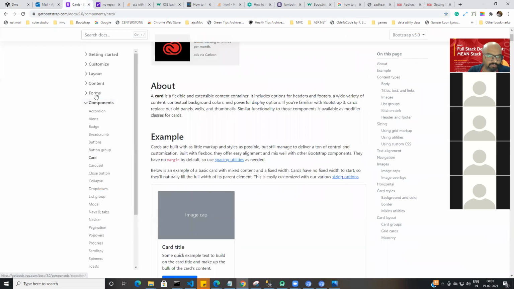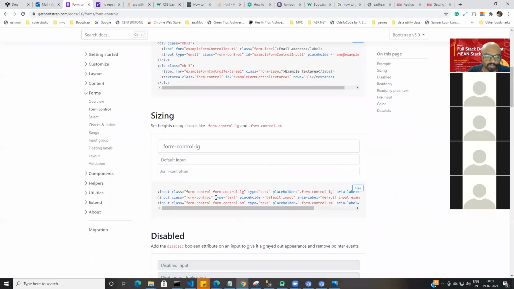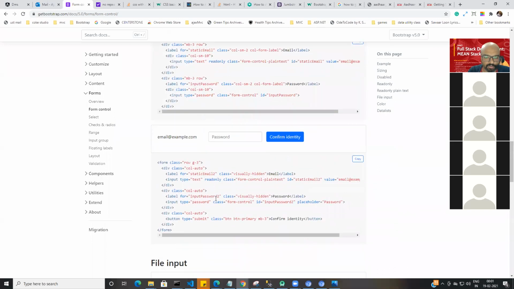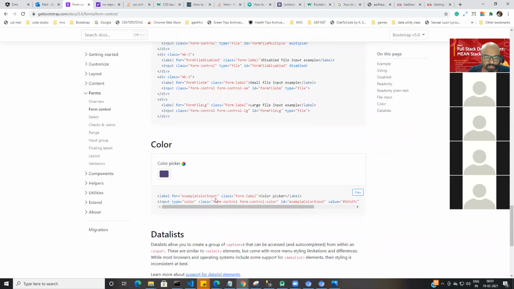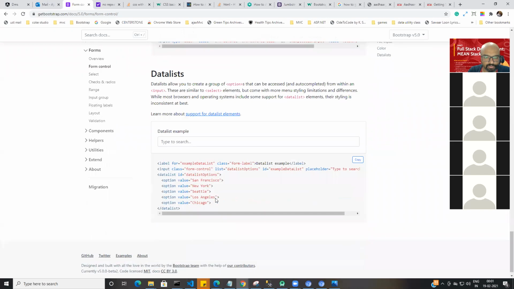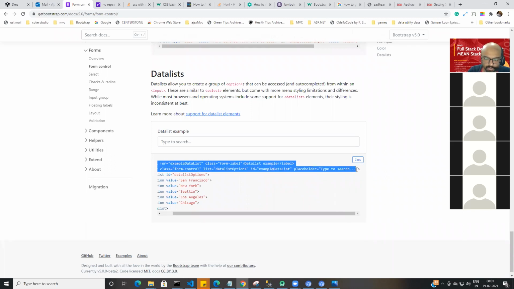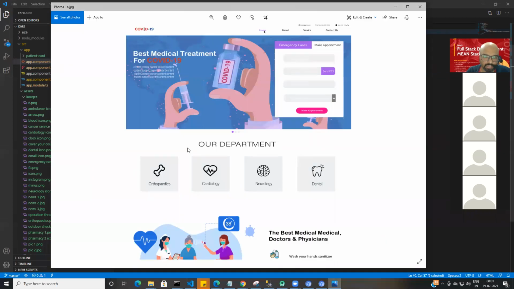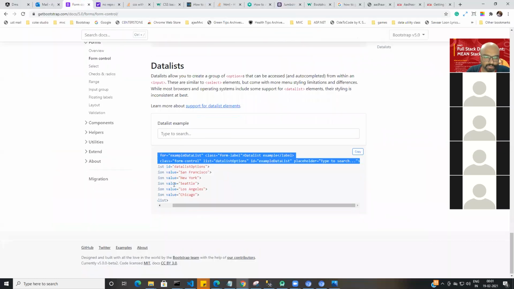Okay, so now I need a form basically. So I'll go to form control. And for having good forms, let me just take forms from here. Form control class. So what I do is I'll take a ready-made form.